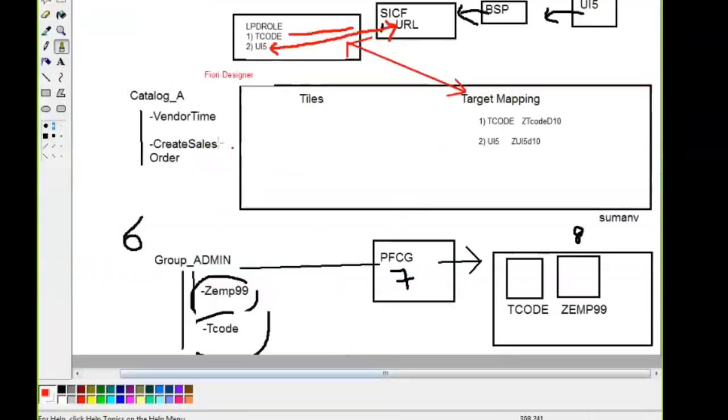Now, to the tiles, these tiles are directly seen on the Fiori Launchpad by making use of the groups. Whatever tiles you are preparing, the icons on the tiles, the title for the tiles, all those things appear on the Fiori Launchpad in the last step.